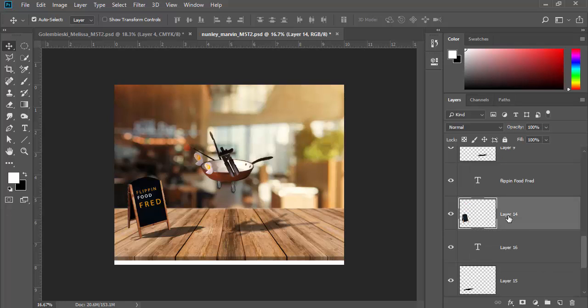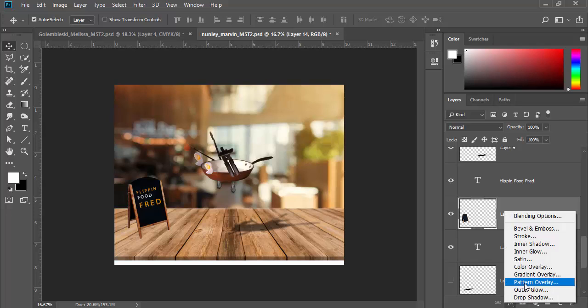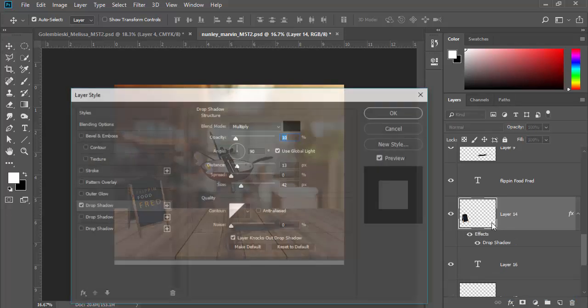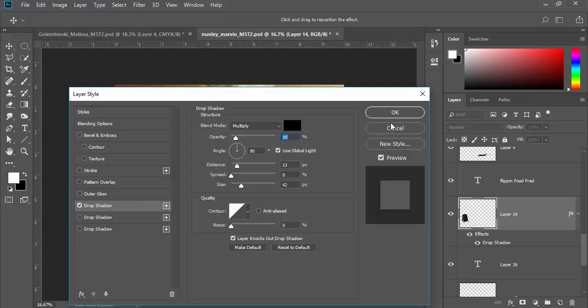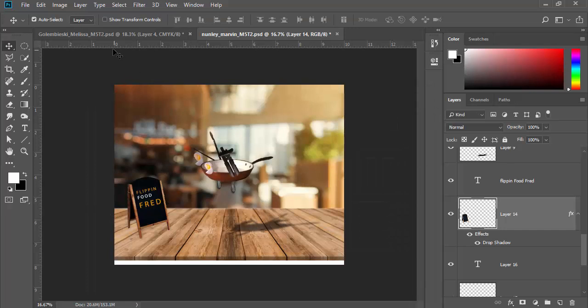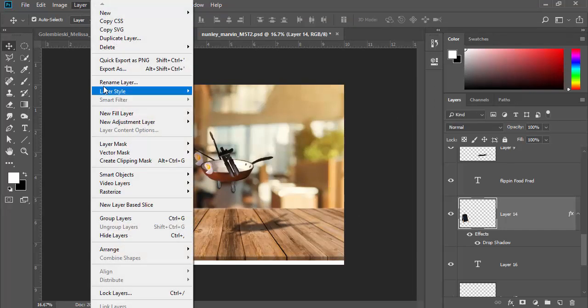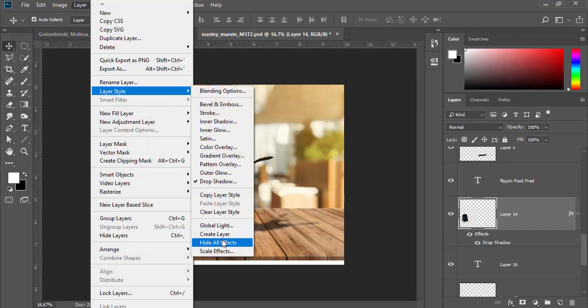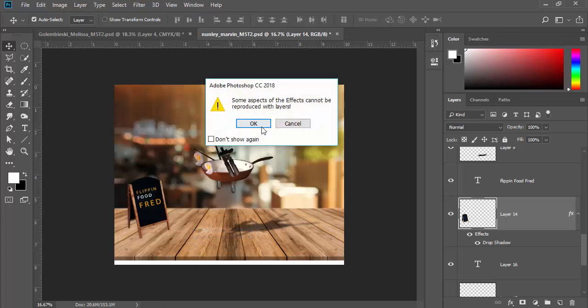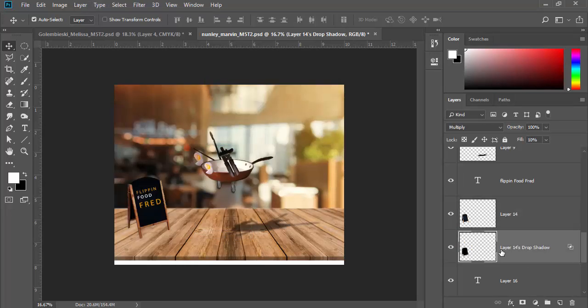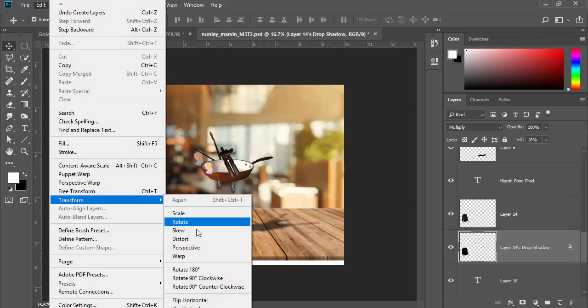So really with this, let me see here, I'm going to hide that. I'm going to create a drop shadow for your layer 14. Okay, and then what I want to do is go up to Layer, Layer Style, Create Layer, and it's going to put the drop shadow on its own layer. So there, see it says down here, and then what I want to do is just go up to Edit, Transform, Distort,